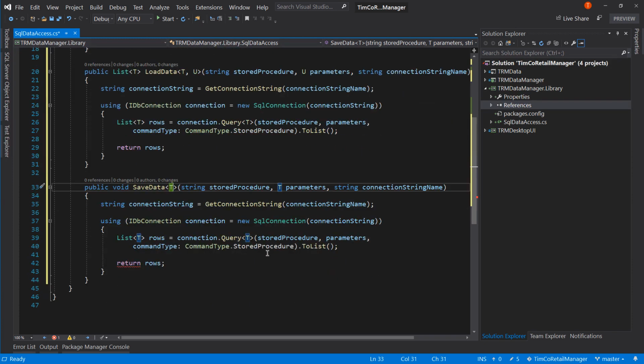So we have save data here. We're not going to be loading rows or returning rows or doing toList. Instead, we're not going to pass in the of type T. Instead, we're going to